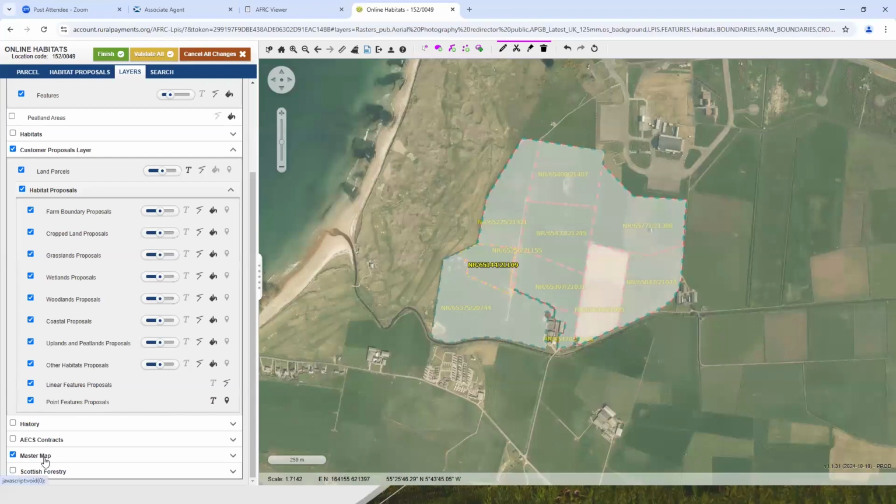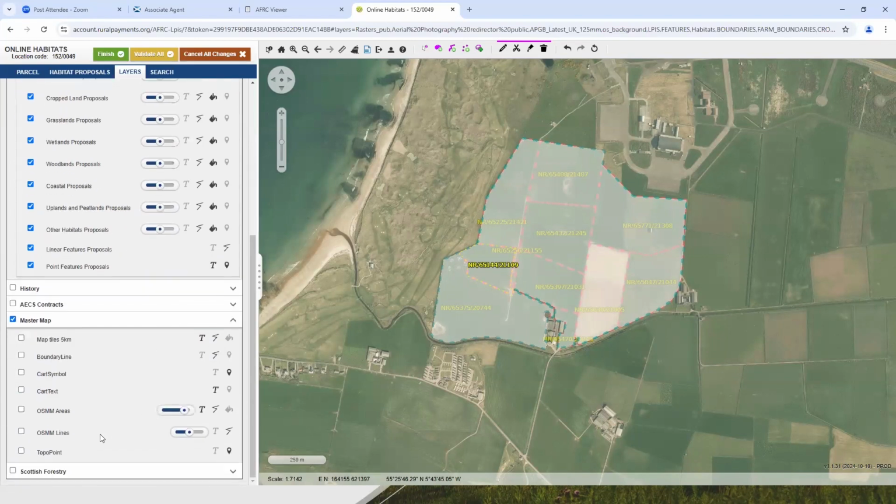Also, towards the bottom here, you'll see that the master map is active. And if we just open that up, you'll see that these two areas here are particularly useful. So I'll come back to them, but we've got master map layers for areas within land parcels and then linear features. So that might be your ditches, your dry stone dikes, your hedges, although we have very few of them